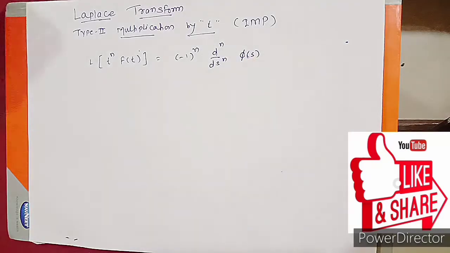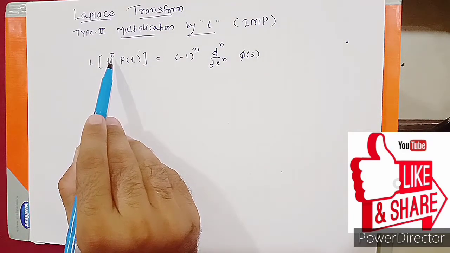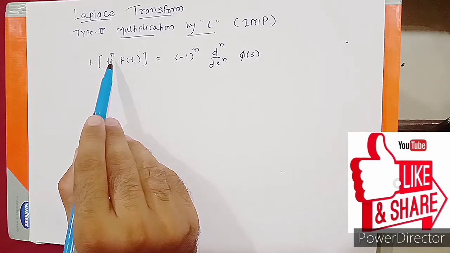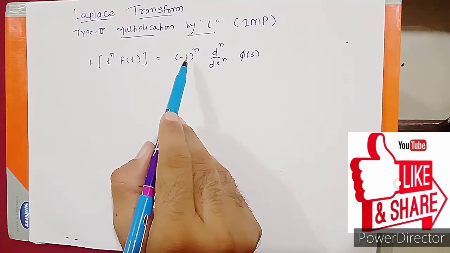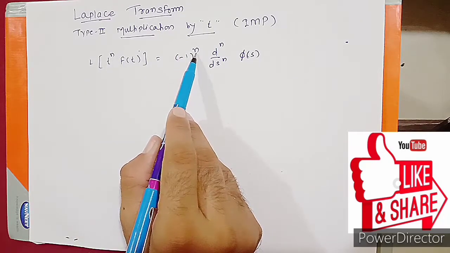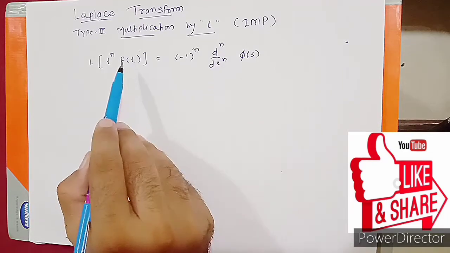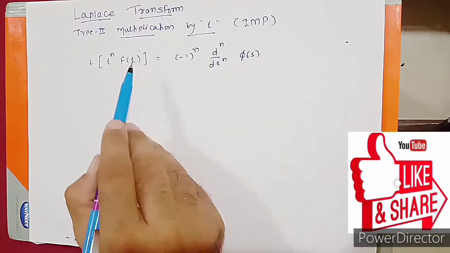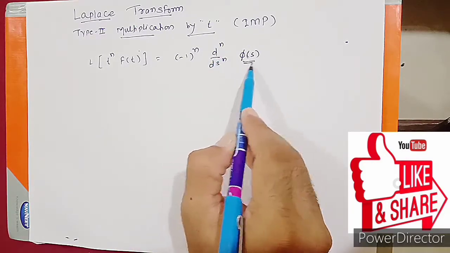Okay guys, so this is the definition. We understand first what the definition is, right? So what is t raised to n? Maybe a square, maybe a cube, raised to 4, raised to 5, maybe anything. If n is 2, that means we are taking minus 1 square here. We are taking 2 time derivative of whom? Laplace of f of t. Laplace of f of t is phi of s, right? So we are taking derivative of phi of s here.